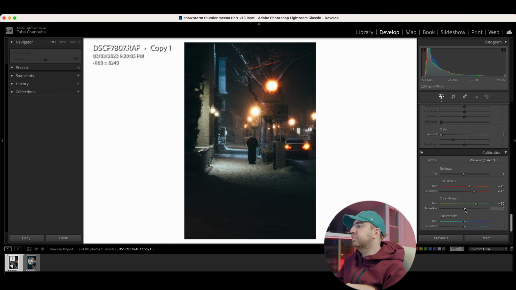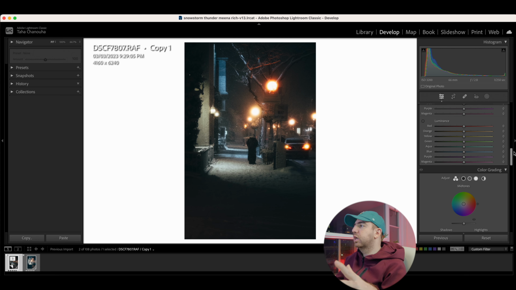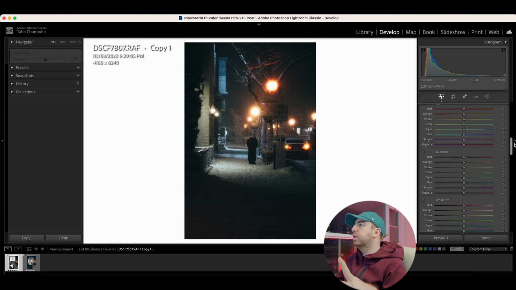So I am trying to get a teal and orange kind of look, and obviously they're not the only two colors in this image, but in the end result it will kind of feel that way. And let's desaturate the greens to -10, move the blues more towards the teal as well at -5, and drop the saturation by, say, -10. All right, now that the color calibration is done, now we can work with the